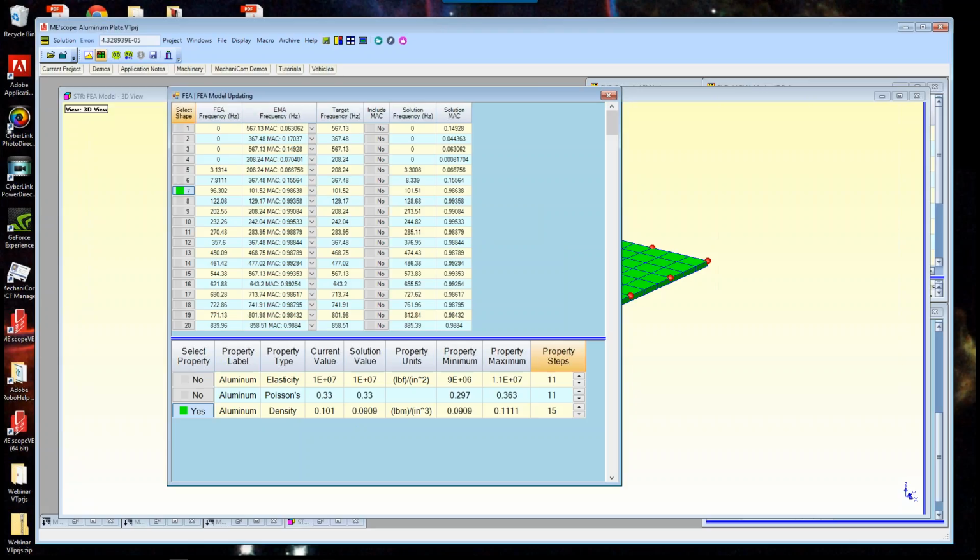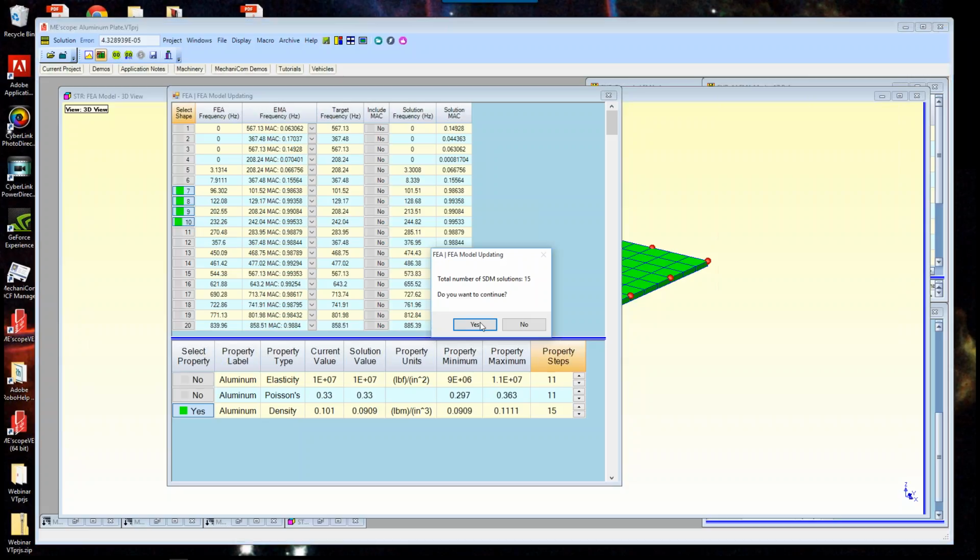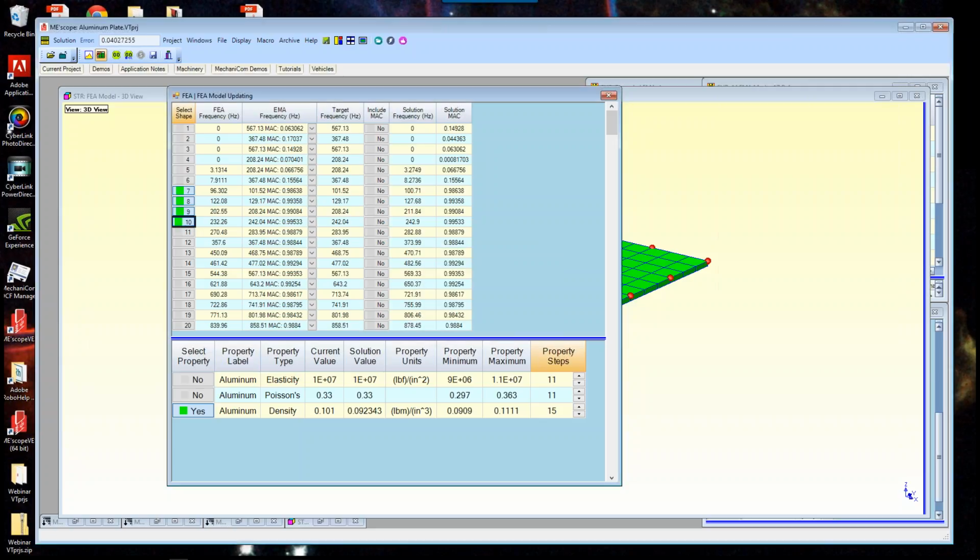Let's just say we want to match up the four frequencies as close as possible. So 7, 8, 9, and 10. And let's run this thing again. We can try lots of different scenarios here, playing the what-if game to see which one is going to match things up better. Okay, well, this came up with a little higher value now,